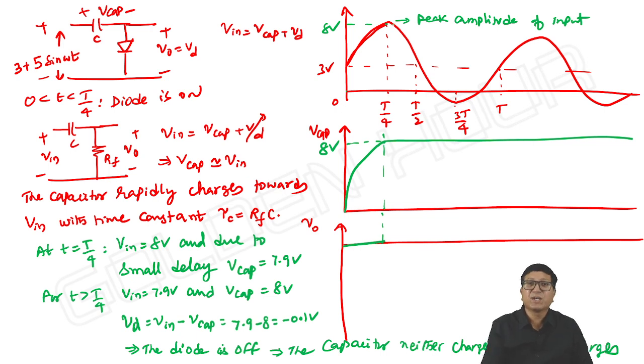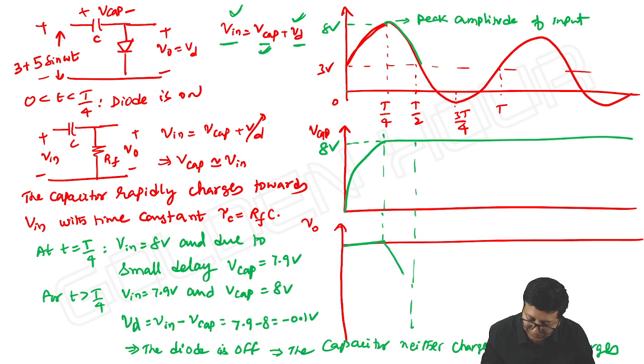Then whatever the variations you have in input, all those variations can be seen at the output. Because Vin is equal to V capacitor plus Vd, it is constant at 8 volts. Whatever the variations in input, all those can be seen across the diode. Input is falling by 5, the same 5 volts fall you can see at the output. It falls up to minus 5. Further, input is falling by another 5 and capacitor voltage is constant, so output also falls by another 5